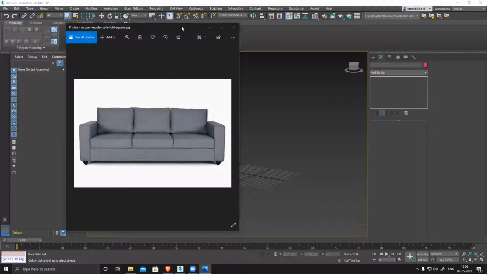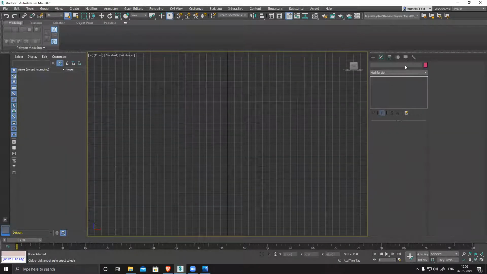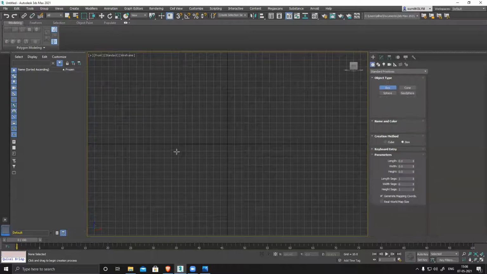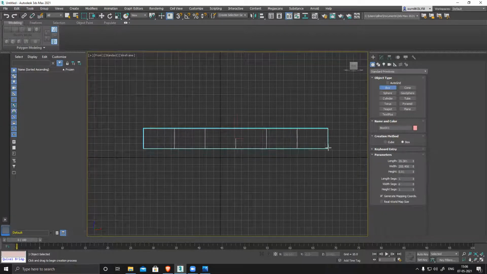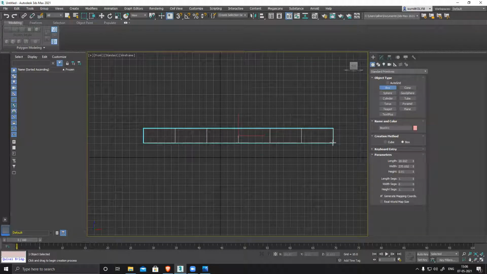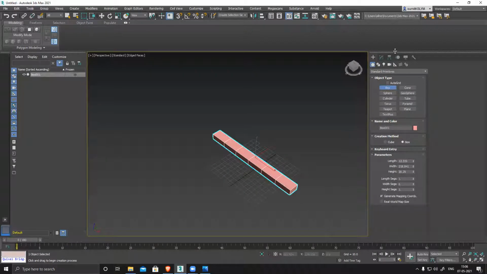So I'm going to create this. First thing first, go to front and create a box. I can keep this image in the background and use it, but as of now I'm not keeping it, I'm just creating it. Trying to keep everything in the center perspective.